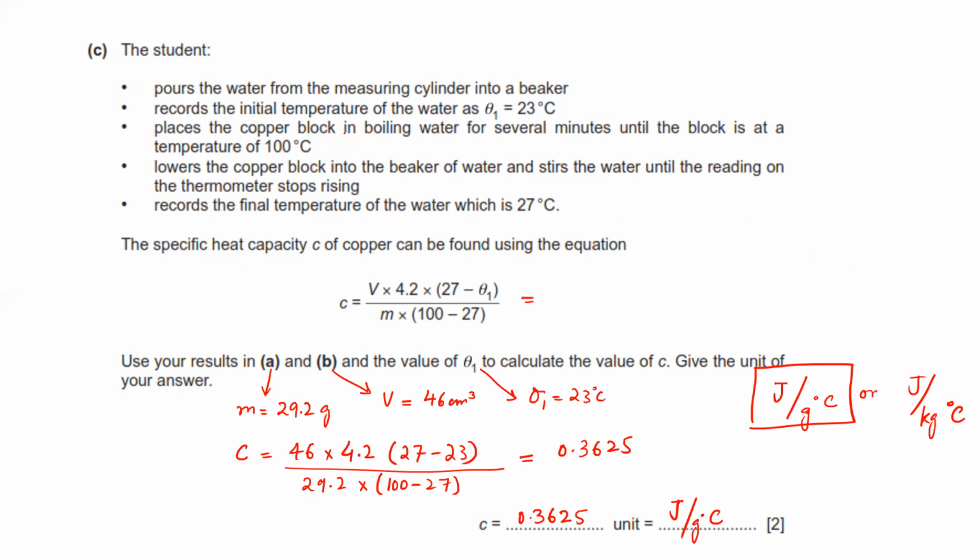Some of the energy may be lost to the atmosphere while he's moving the copper block from one point to the other. And the second thing is that this block is placed in a beaker, and for that beaker, the temperature is measured. And the beaker is actually not properly insulated. There is no insulation mentioned here. So there is some heat loss from the beaker. So if there is some heat loss from the beaker, then this method at least will not give us the accurate value of